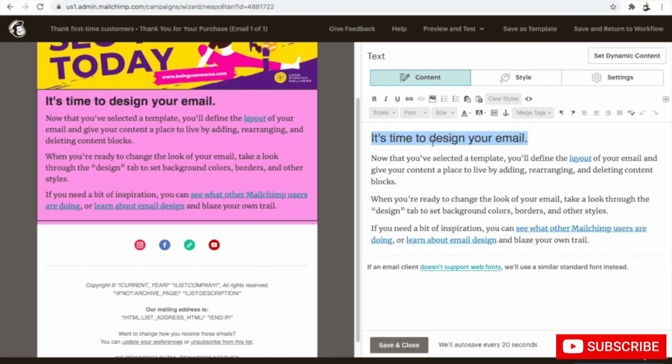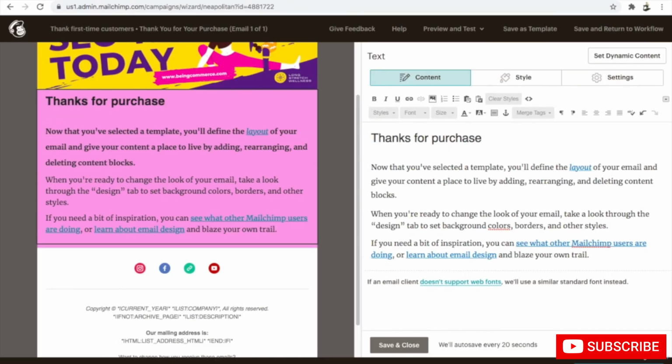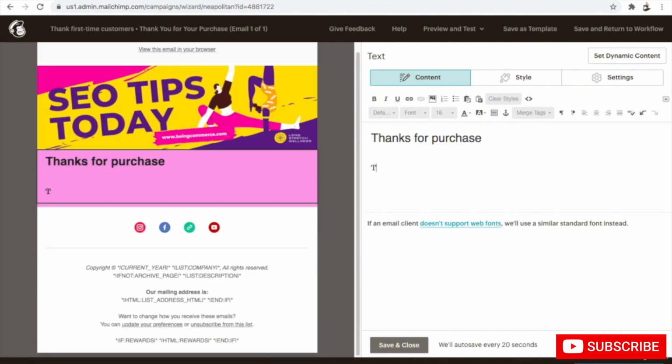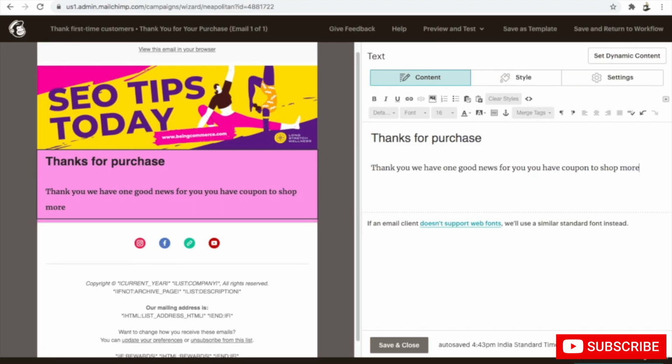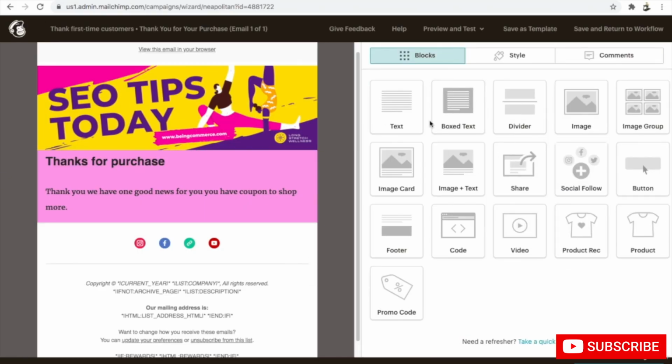Here you can write thanks for purchase and so on. You can change this text: thank you, we have some good news for you, you have a coupon to shop more. So you can just write one beautiful text over here. Right now I'm not writing much, but I hope you are getting the idea. Just click on save and close, and now you are going to see here we have the option of promo